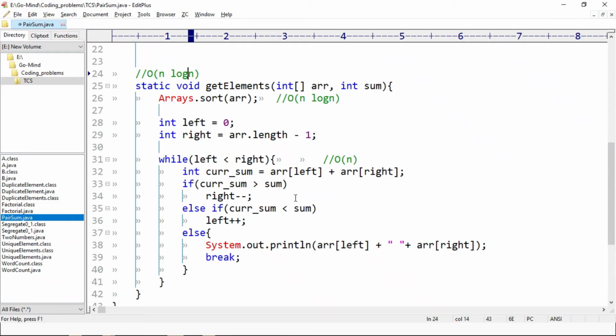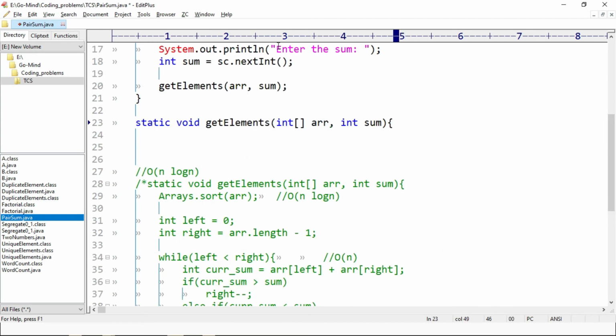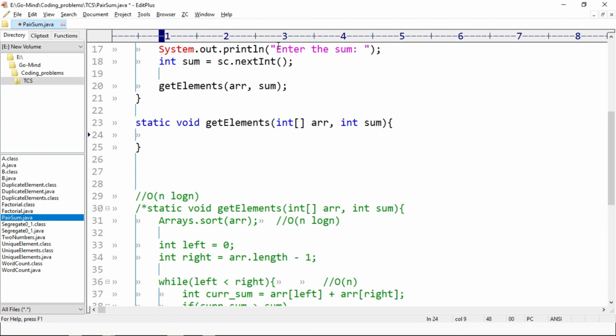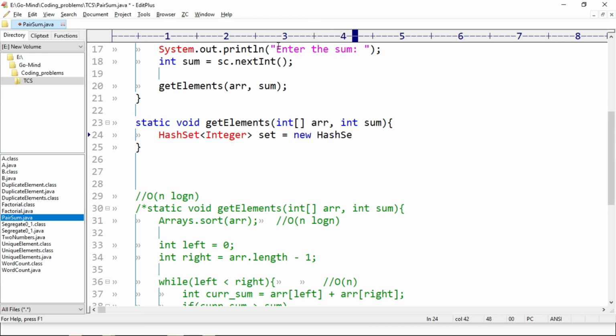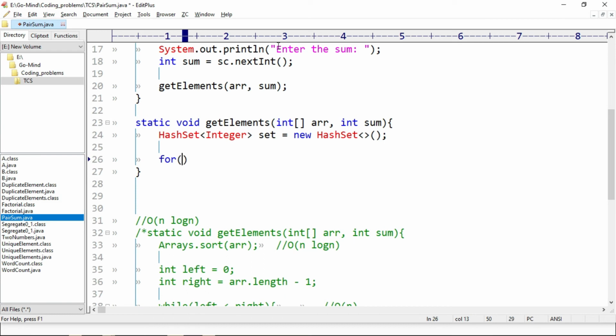Okay, so let's see the code. So I'll comment this method and make the method with same signature. I'll create a HashSet. And now iterating over the array.